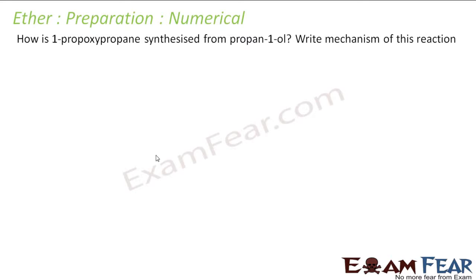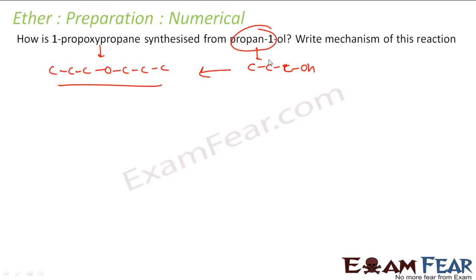The question is: is 1-propoxypropane synthesized from propanol? So propanol is my input, and this is nothing but propanol, and 1-propoxypropane, and I have propoxy. I have to form this from this. So if you see, if I just add these two and remove one water molecule, I'll get this. That means if I go for a dehydration in the presence of some sulfuric acid or H3PO4, anything I can take,